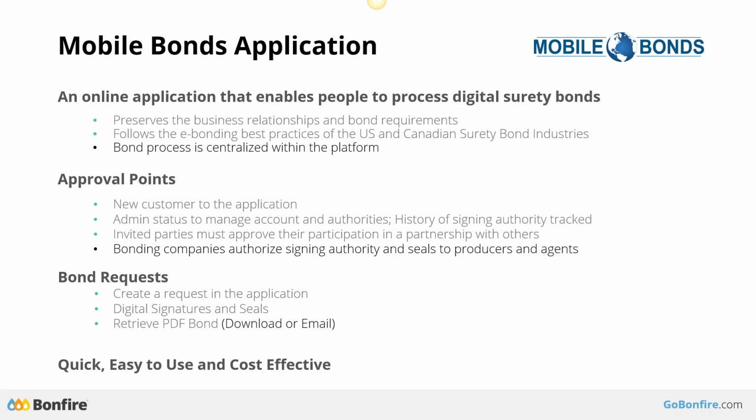And in terms of creating that request, it's really taking PDF bond forms that you've specified in your requirements. The bonding company or the producer will prepare those documents, put them into PDF, and then upload them into our application where it gets processed for digitally signing and sealing. What we use is a third-party digital signature software that's been in business for well over 20 years and follows all the various regulations and laws for e-signing.